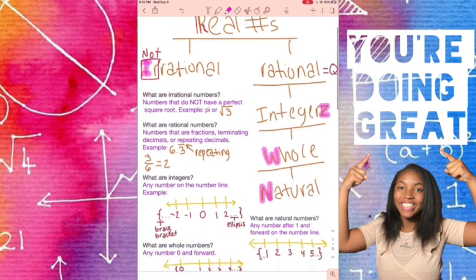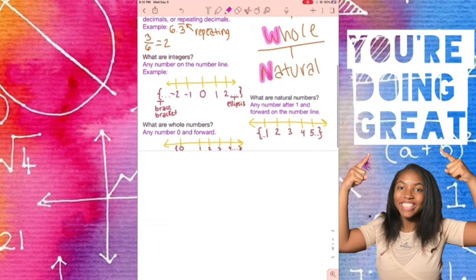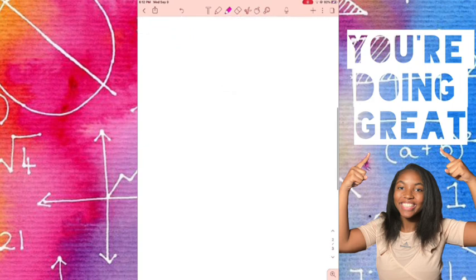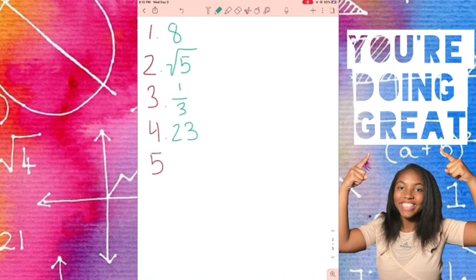Now let's get into some more in-depth examples. Okay, so I'm going to start off by writing down 6 different numbers. I first was going to do 5, but I ended up doing 6. And what I'm going to do is start drawing out circles. Now, as you'll see after I draw them, there'll be little circles with the different types of real numbers in them. And it's sort of like a Venn diagram.